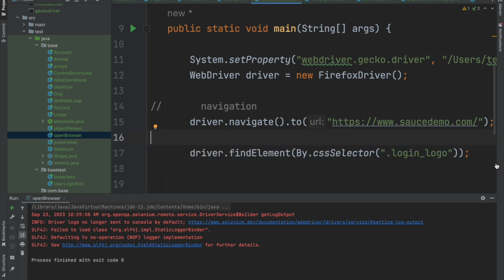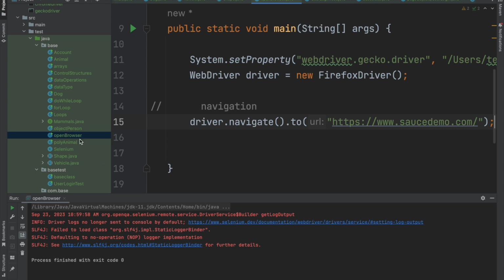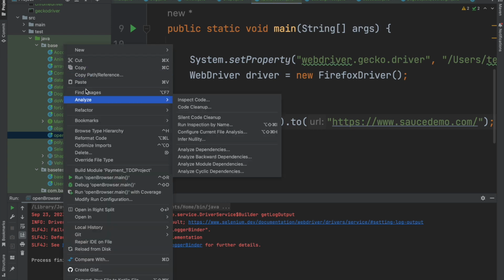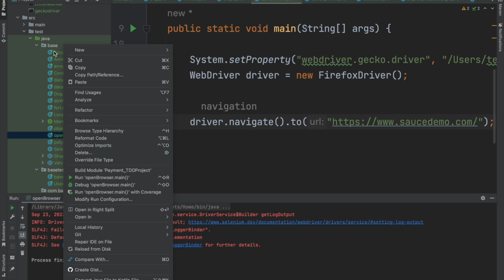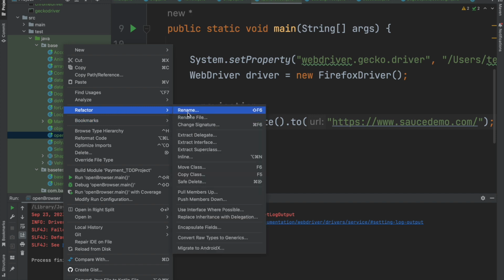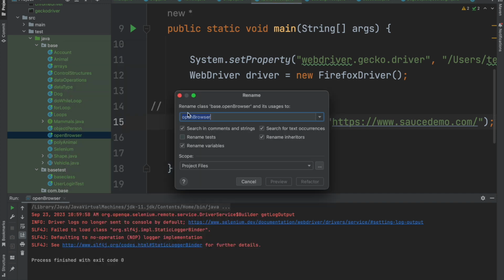All right, so I will call open browser... since it's inside the package base, if I change this name, it will affect every class name in this thing. So I will need to be refactoring, which is like a big issue. So let me call this